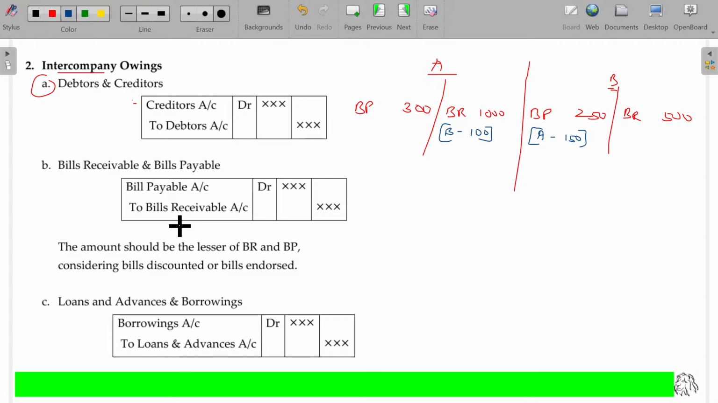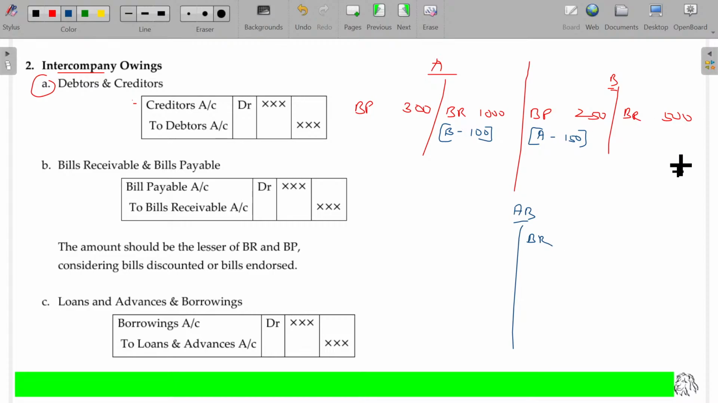Rather, A can simply endorse it to a third party, one of the creditors, or he can simply discount it with the banker. In that case, B says bills payable to A is 150, but A says only 100. The difference of 50 may be discounted or endorsed. While merging these two, preparing a new balance sheet AB after the merger,